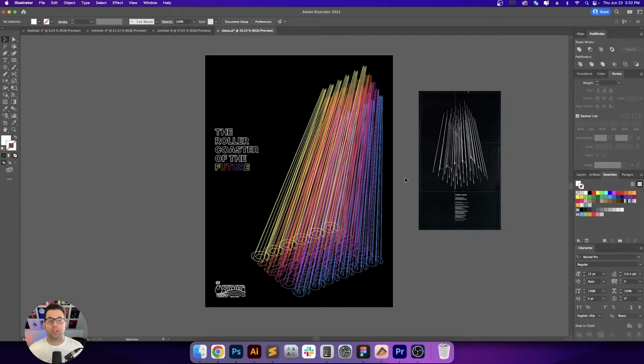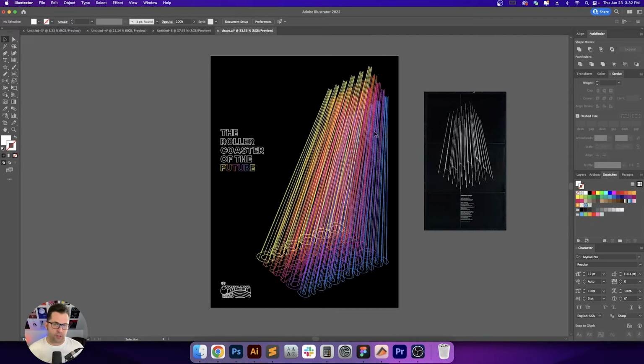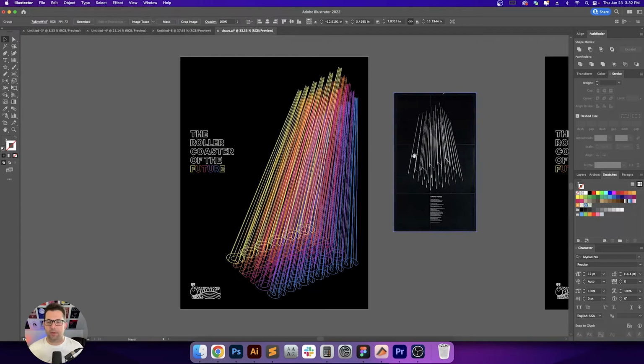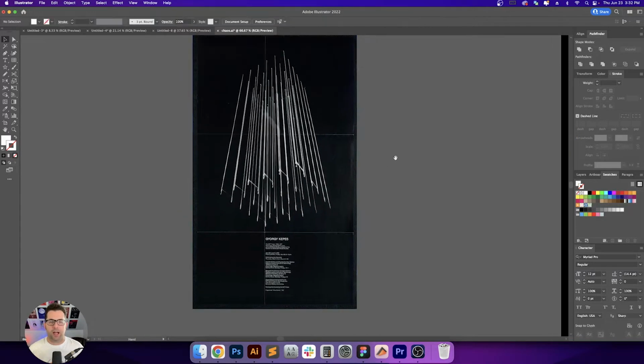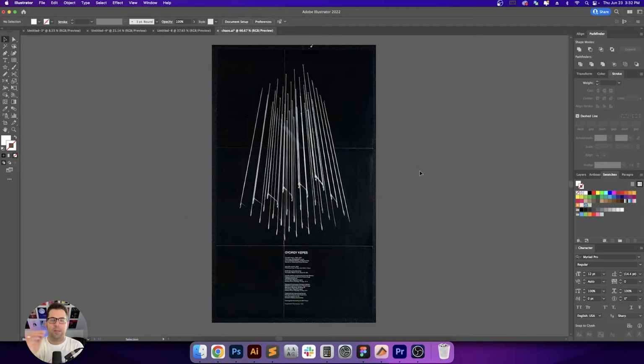Today I'm going to be showing you how I created this poster. I created this a couple of years ago, and I found this poster design. Let me drag this over here and make it a little bit larger. Right here, I found this poster on Pinterest a few years ago, and I loved the overall design and the